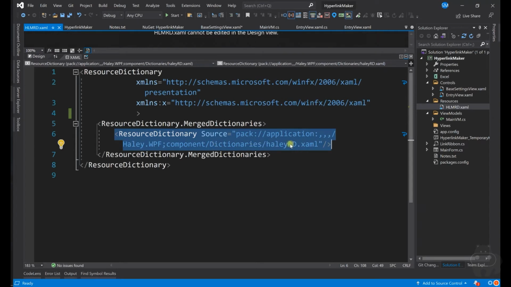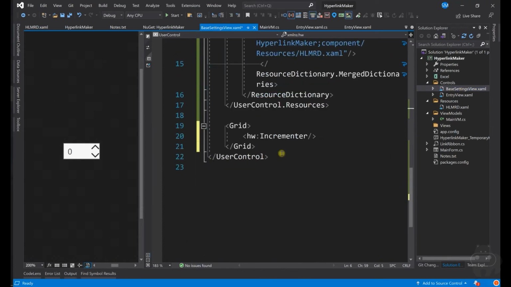So this resource dictionary already contains several styles and everything, and so this is like an entry point. All the resource dictionaries from different places will be put into one place, which is this one, and this one we will in turn be referring to inside our control.